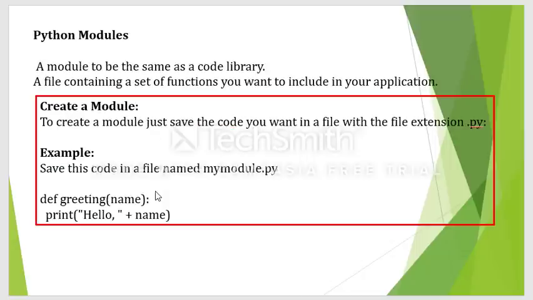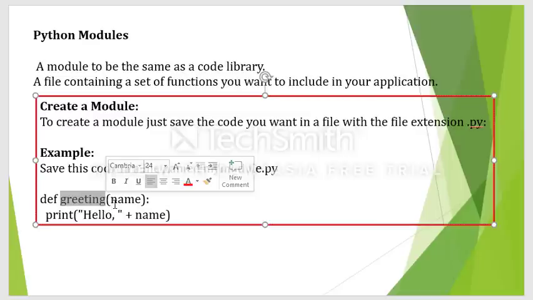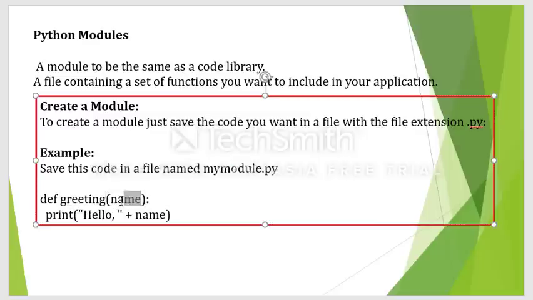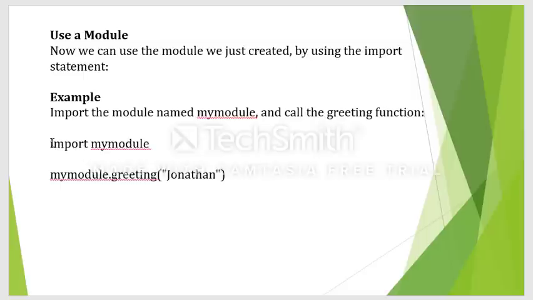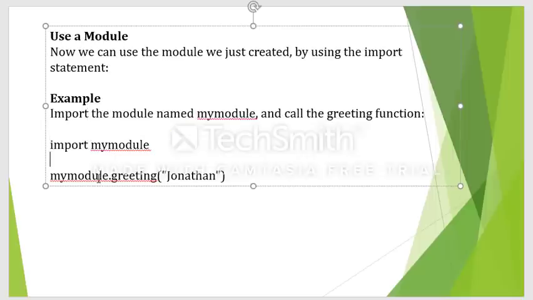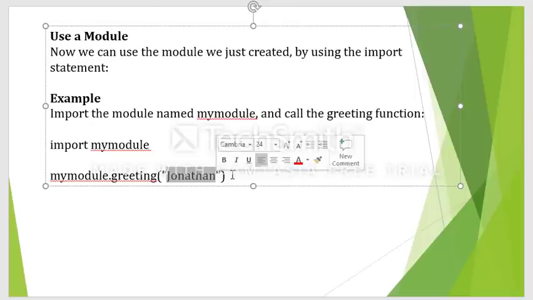So in mymodule, what is the code we have written? We have written a function called greeting, and that greeting should accept one parameter. We have to provide the name, and it will print hello and whatever name we have provided. So here we import mymodule by using an import statement. Then after that, we call mymodule.greeting. This is the function we have written in mymodule, and what I am passing as a parameter is some name.